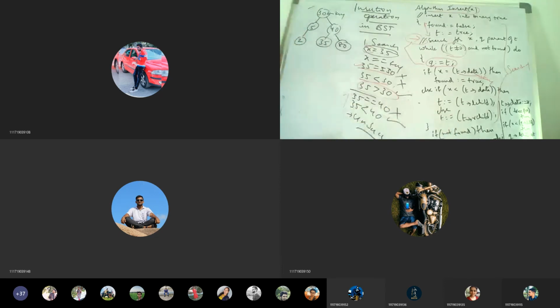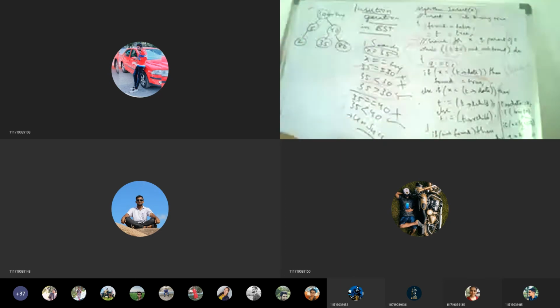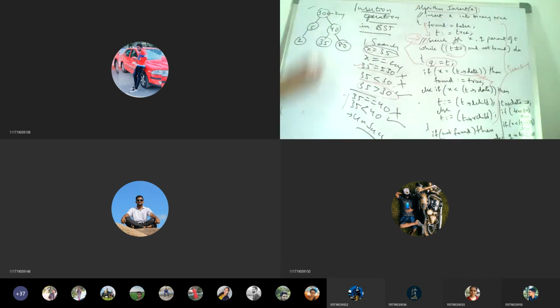After we search, wherever the search is terminated, what exactly are we doing? Okay, after searching is done, how are we inserting? So if not found, and if there is no tree at all, just think like this: there is no tree. At the first key node, I want to insert 35.